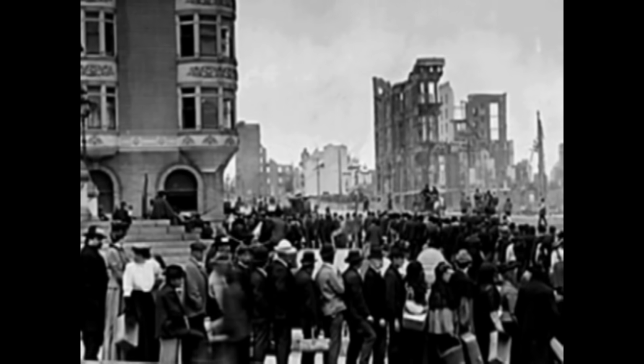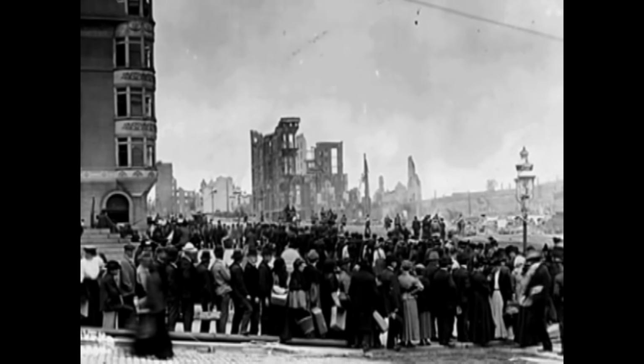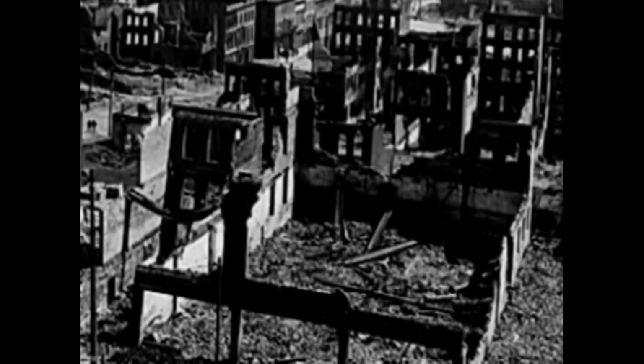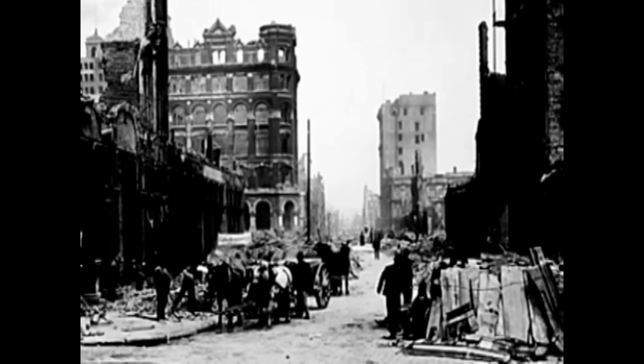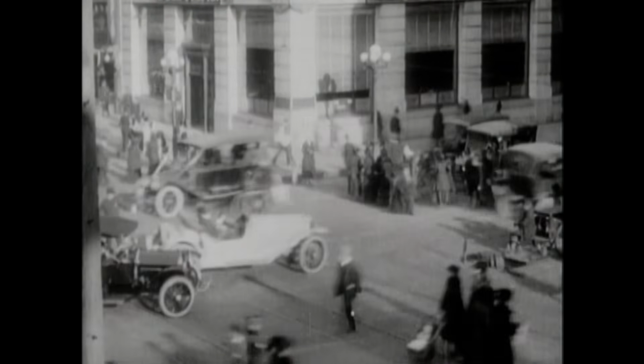Out of the ashes arose a people even more determined to revel in the zeal of independence. There's an attitude in San Francisco that developed after the earthquake of 1906 that said, we've been knocked back, but we are never going to be fallen, and we are never going to stop, and we're always going to be out on the cutting edge. And this was a chance to do something that people said couldn't be done, and that's usually what San Francisco does best. San Francisco rebuilt, and soon the streets teemed with one of the 20th century's most life-altering innovations, the